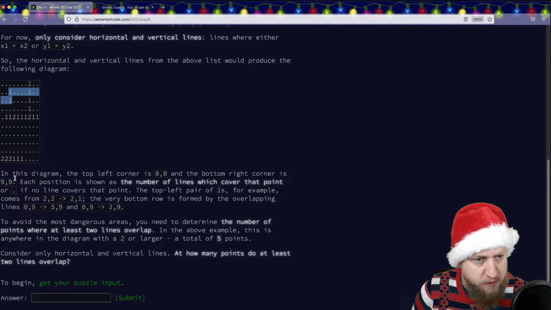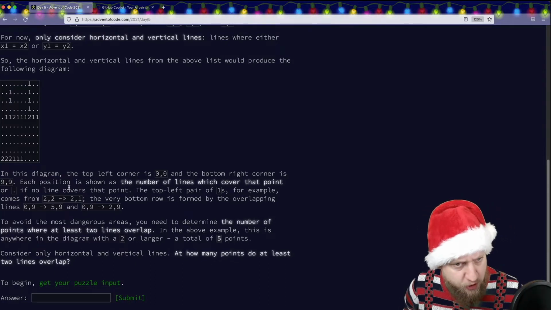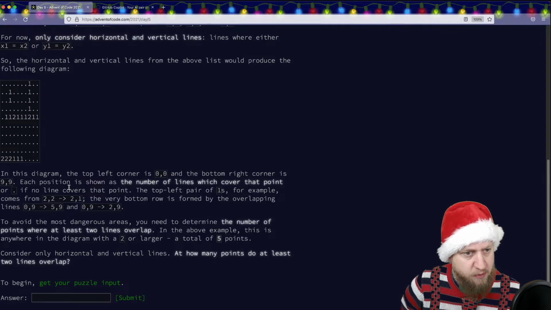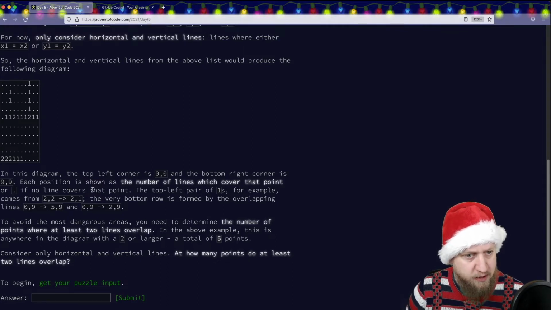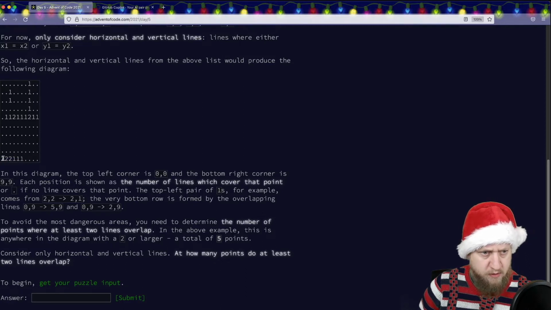In this diagram, the top left corner is 0,0 and the bottom right corner is 9,9. Each position is shown as the number of lines which cover that point or a dot if no line covers that point. The top left pair of ones, for example, comes from 2,2 to 2,1. Yeah, that's the one we just looked at. The very bottom row is formed by the overlapping lines of 0,9